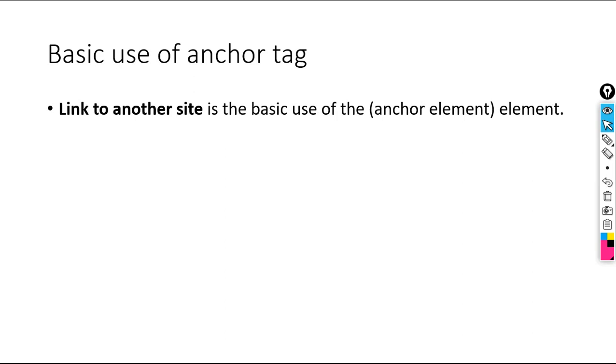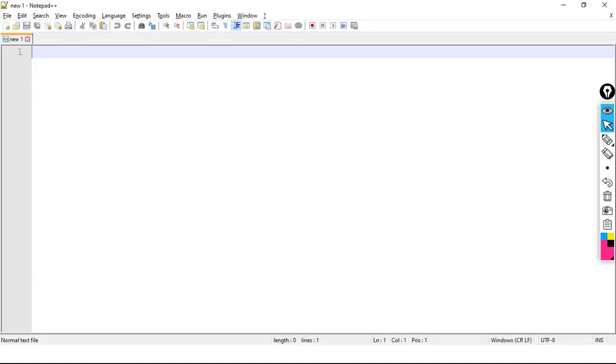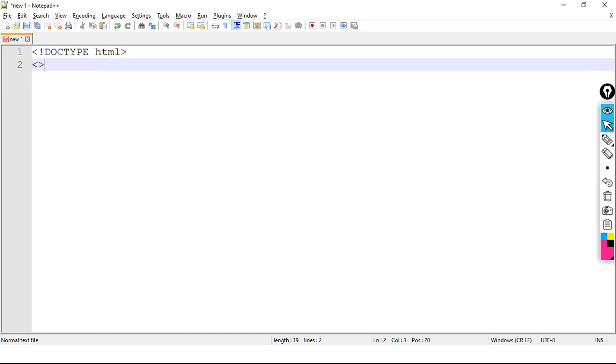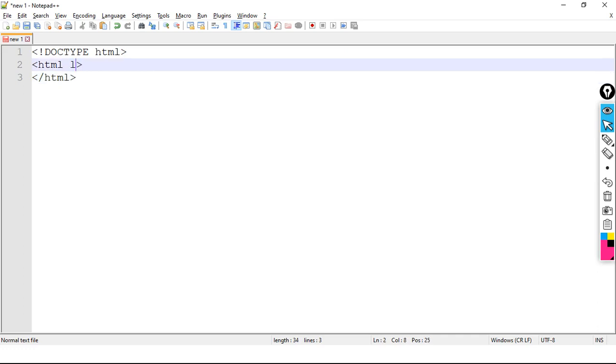Let me show this practically. Here we have the Notepad++ editor. Here we are mentioning doctype HTML, which says this document is of HTML5 version. Now here we have opening HTML, closing HTML, and lang equals English.